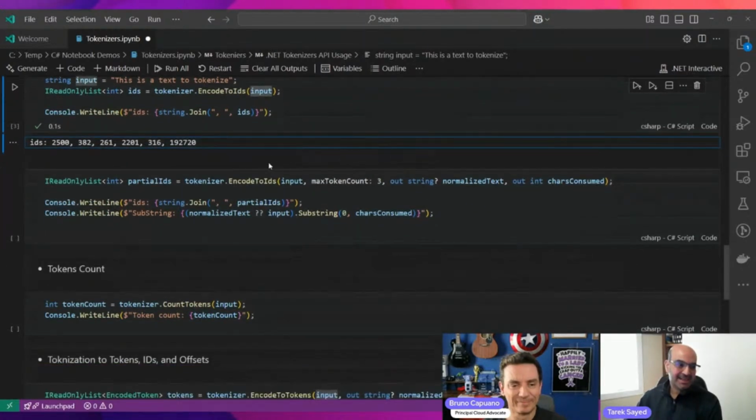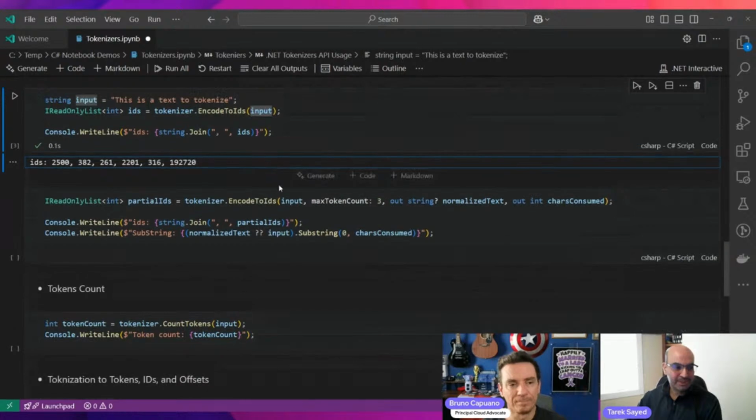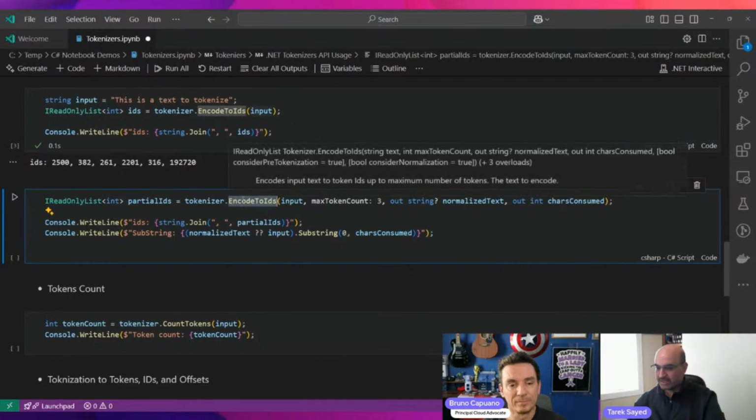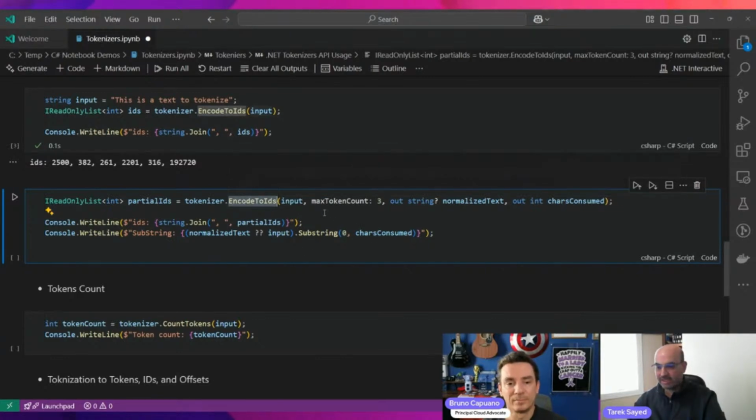Also, we have an overload for encode to IDs where you can specify the maximum token count. If you have a long string, you can say generate up to this maximum number of tokens, and I don't care about the rest. This is very useful in the scenario where you have a quota and cannot exceed some maximum number of tokens.